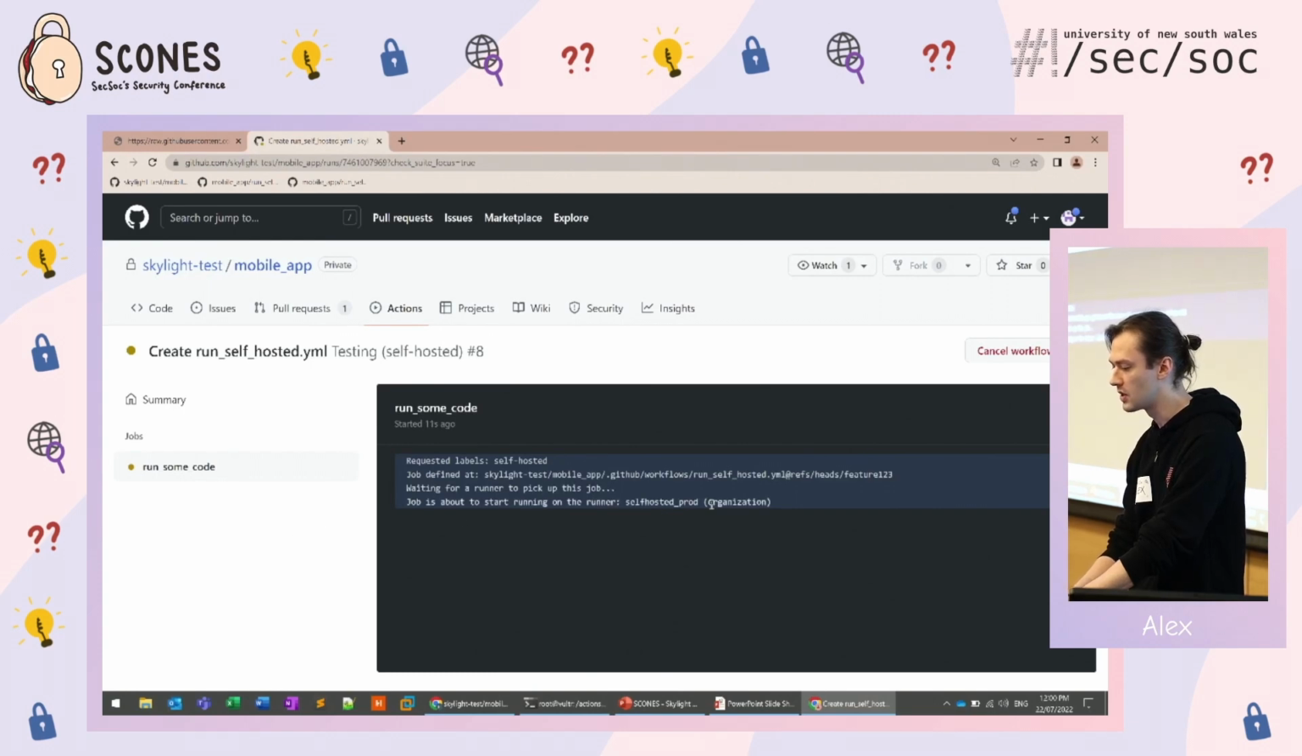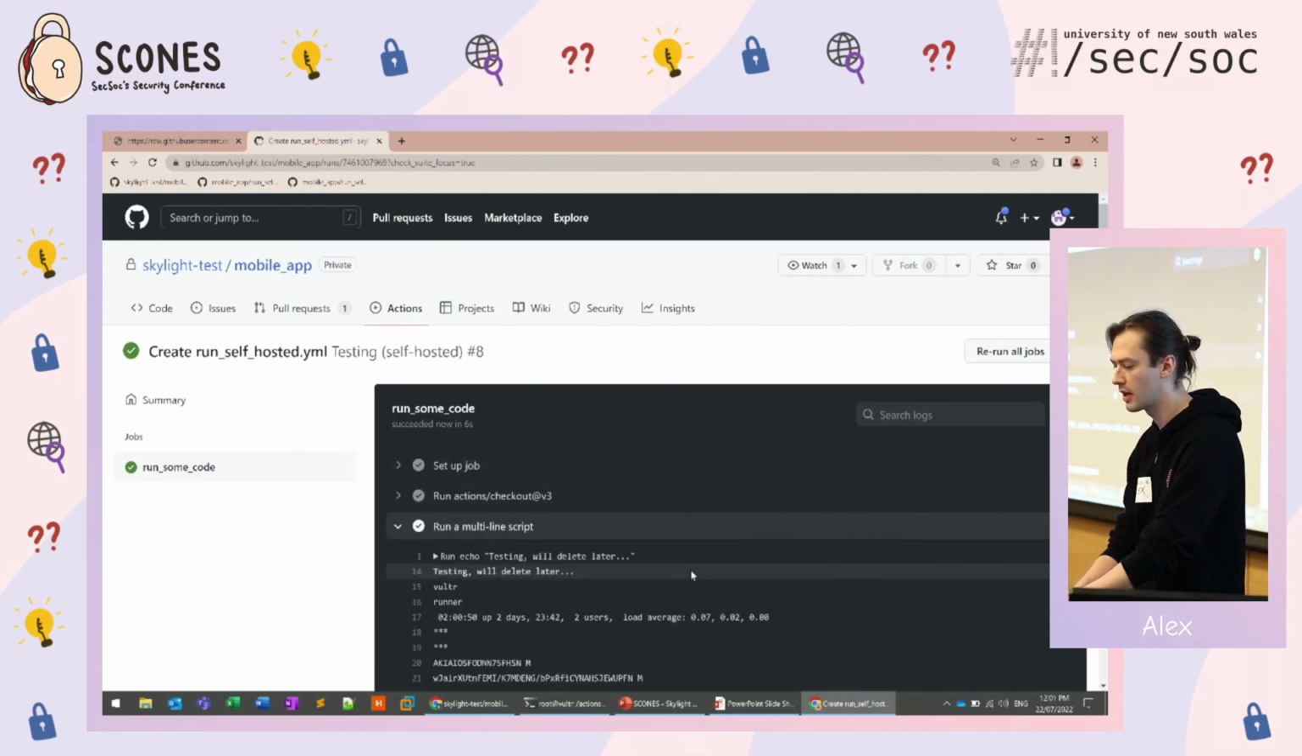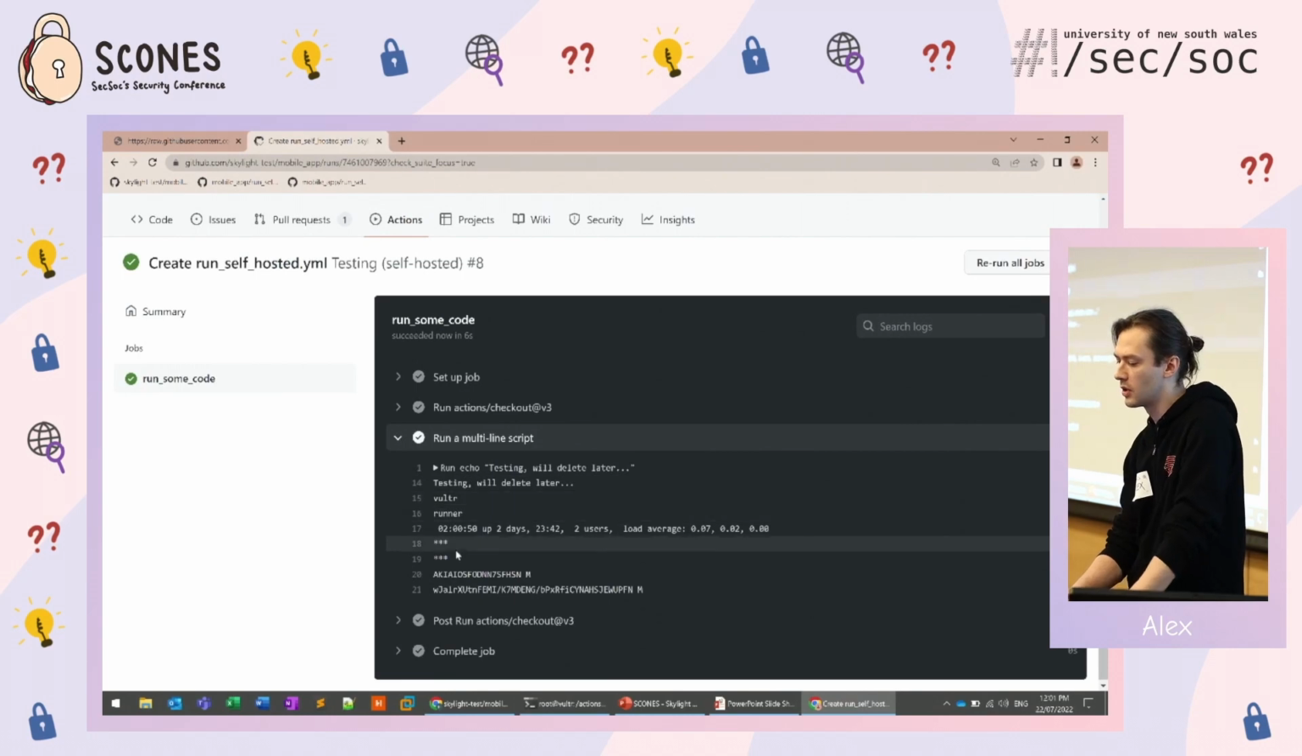And the difference here is it's running on this one I prepared earlier. This is my runner that's running in a cloud VM somewhere. So my code is now running on somebody else's VM. It sets up my job, and it runs the script that I gave it. It'll do whatever I want it to do. And this is a good example of,